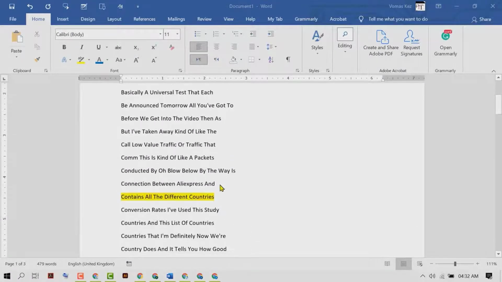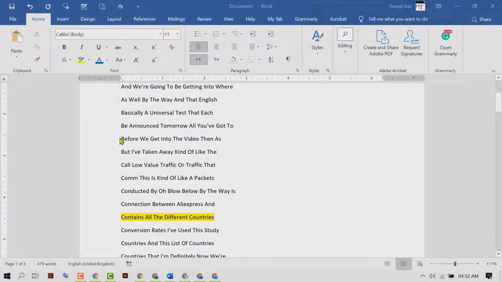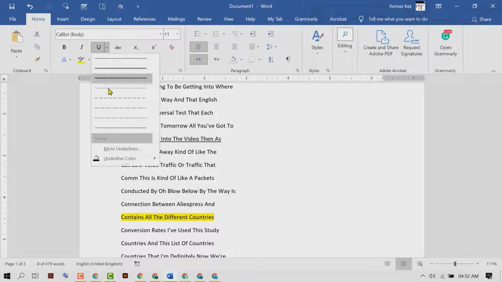So firstly select your text, like we want to make underline this sentence. So select, then here you will see option underline, and here are some more options like double underline, single bold,